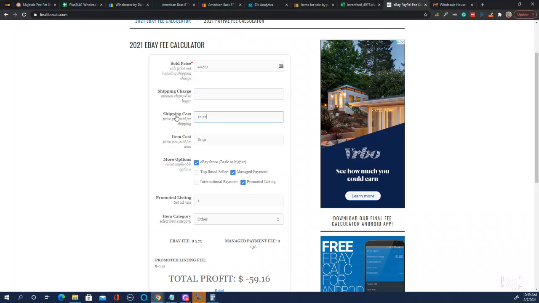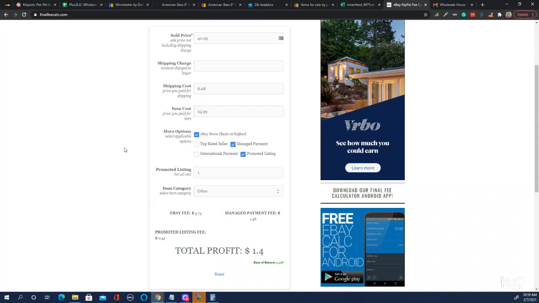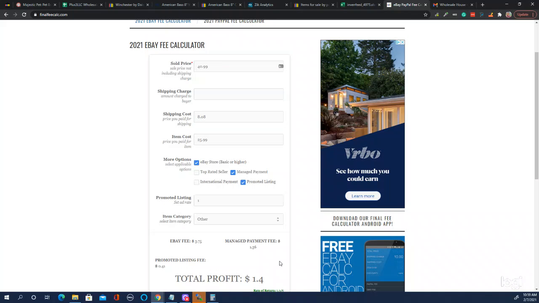If we want to do it ground, let's just say we'll do the cheapest option, which is $8.08, and then it's going to cost us $25.99. So if we do the cheaper shipping option, it's going to be about a 5% profit for this item,